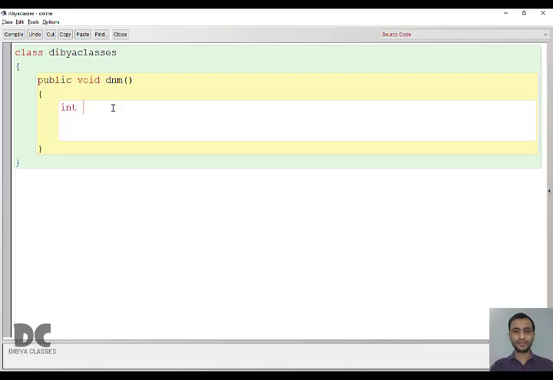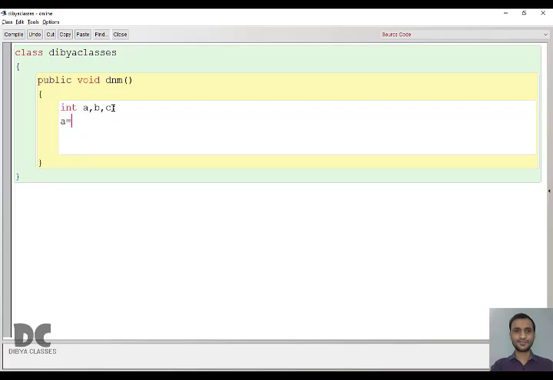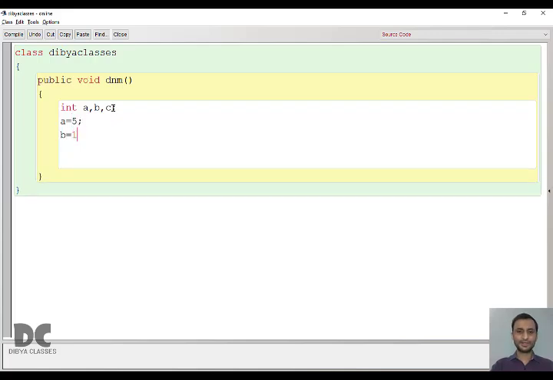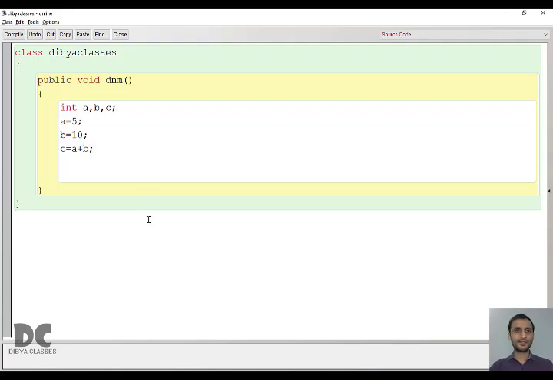So let us take variables a, b and c, where a is 5, b is 10, and c we are adding. This is called input using initialization, or you can also say input using assignment operator, and this is the processing. And now we'll print it, that is system.out.print. So what to use, print or println?